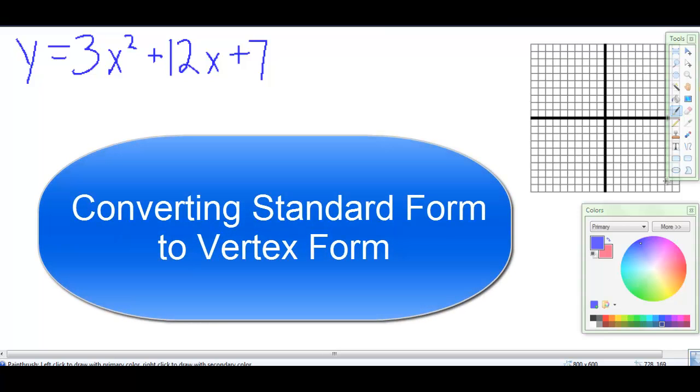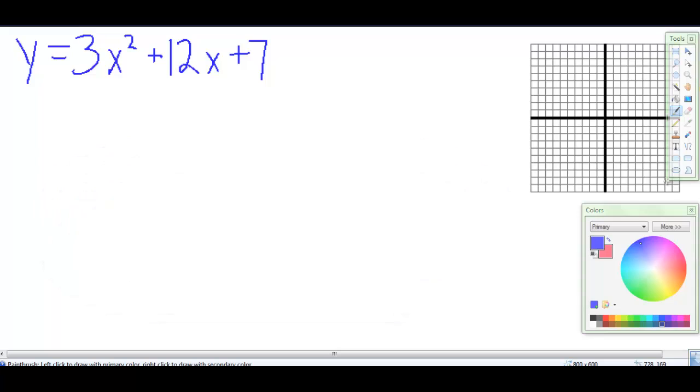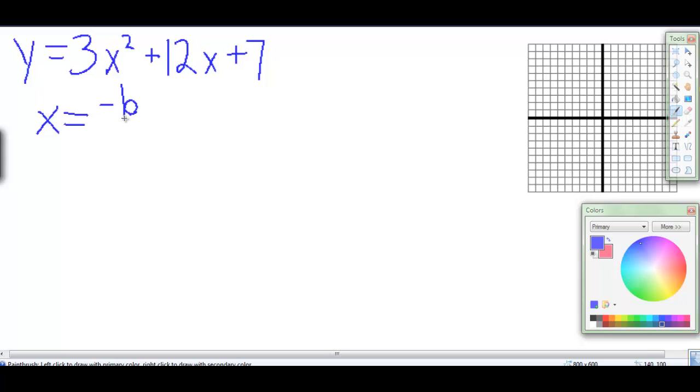All right, we are going to write this quadratic in vertex form. The first thing we want to do if we're going to write vertex form is we need to find the vertex. To find the vertex, we all know, hopefully, that we get the axis of symmetry where x equals negative b over 2a. And of course, this is b, and so we end up with negative 12